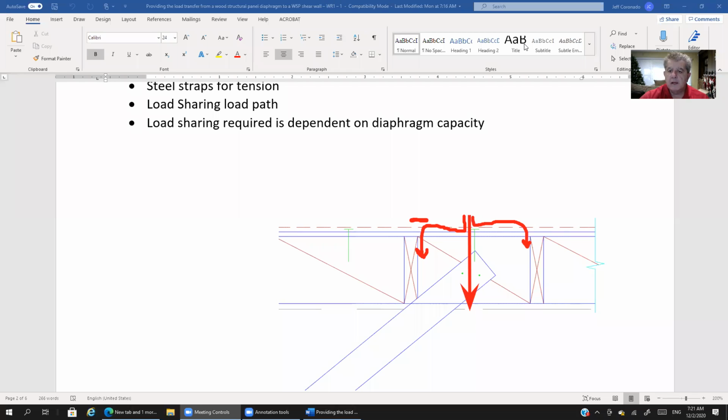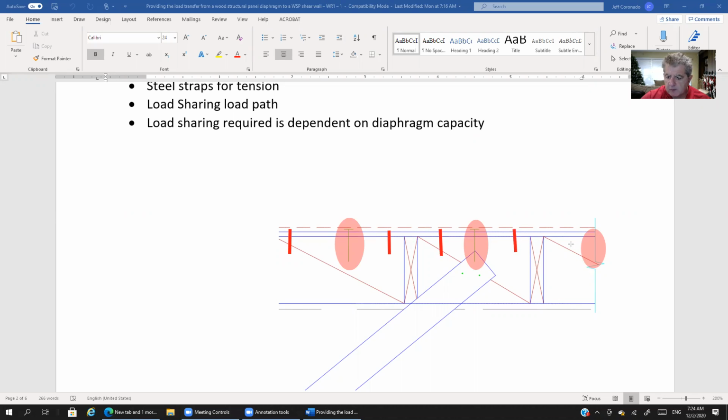Now let's take a look at another part of the detail here, which we really haven't talked about. You might see that there's a nail there, and there is a nail here. Not shown, but there's a nail over here too. So what are these nails doing? Well, even though we're only showing one, the reality is these nails are repetitive. So there's going to be another one here, maybe another one here. Every so often,